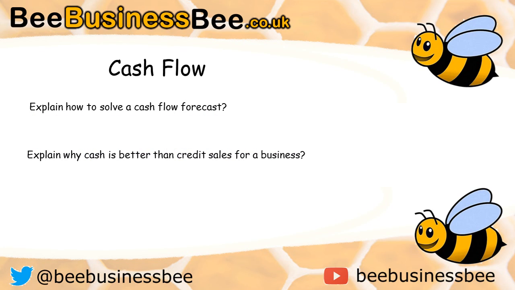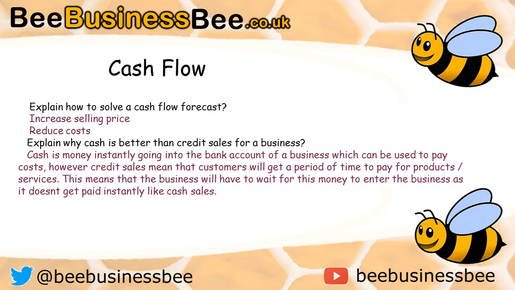Explain how to solve a cash flow problem. Explain why cash is better than credit sales for a business. Well, there's only two ways to solve a cash flow problem. One is to increase your revenue. Two is to reduce your costs. And of course, you could increase your revenue by increasing your selling price. You could increase your revenues by